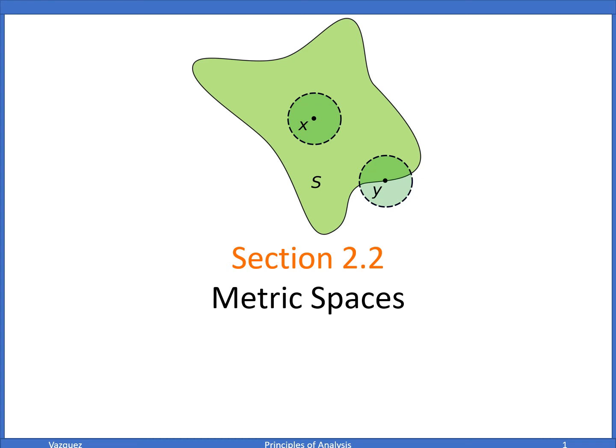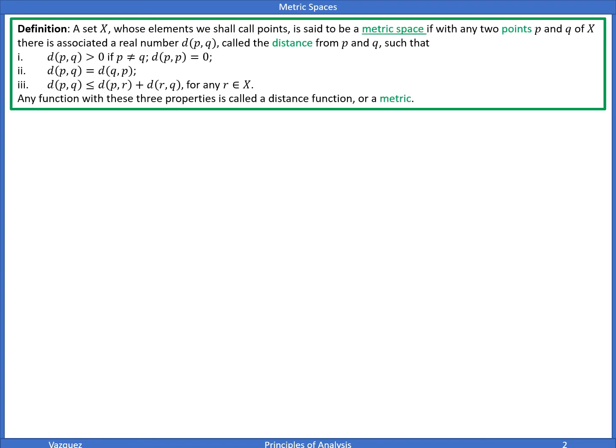In section 2.2, we're going to be looking at metric spaces, something we'll keep talking about for the rest of this course. So let's go ahead and define this. A metric space is a set X, whose elements we call points, is a metric space